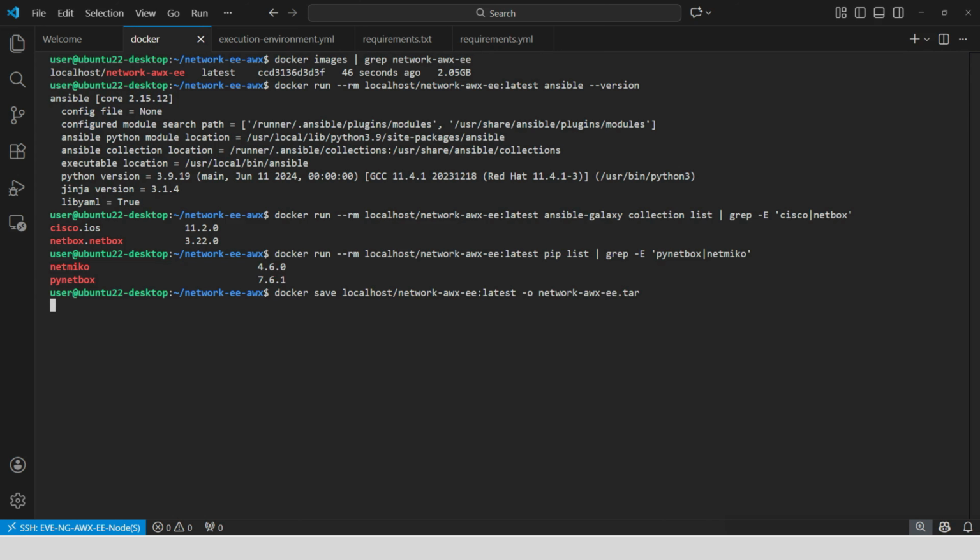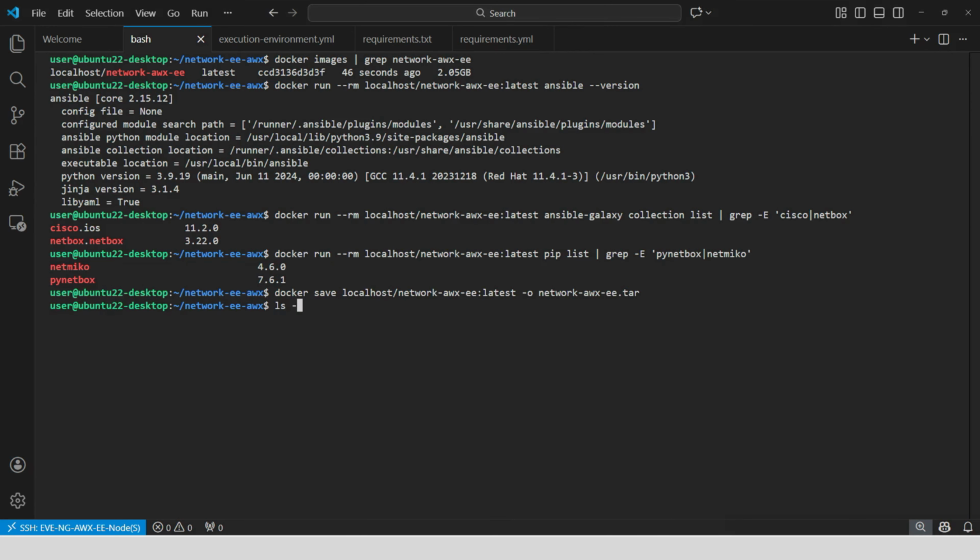Alright, now we need to get this image over to the AWS server. So there are two ways to do this. You could push to a remote registry like Docker Hub or Quay. Create an account, push your image, then AWS pulls it from there. That's the production approach. But for the lab, we are going to keep it simple. Save the image to a tarball and copy it directly to AWS. So let's save this image to a tar file first.